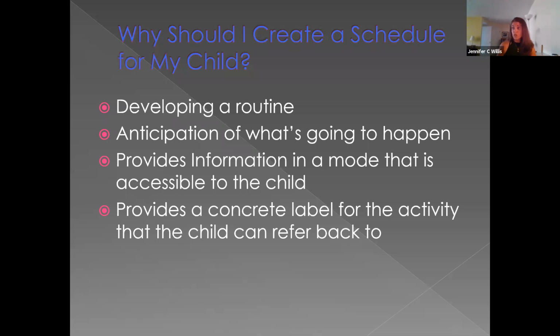And for some of our children that are independent travelers, it's a way to redirect them without having to provide such consistent prompting. So if you're working with a child in a school system, hopefully someday we will be back to doing that, between the classroom and the music room, having a concrete object that child can refer back to is a way for, if they get distracted and start veering off down a different hallway, you can prompt them back using that object or that tangible symbol to remind them where they're supposed to be headed to, so that they can have more independent